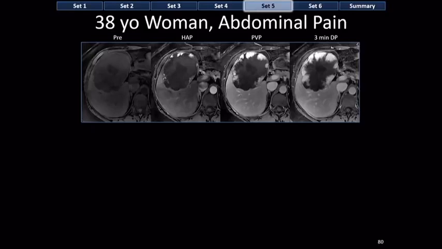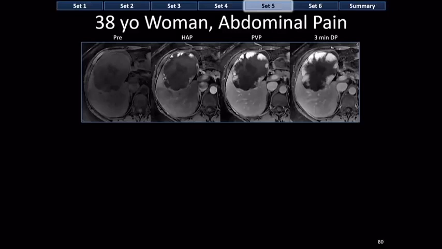So here's a 38-year-old woman with abdominal pain, and she has a lesion in the liver with globules of enhancement along the periphery that expand in the portal venous phase, and expand even further at 3 minutes. Notice that these expanding globules of enhancement match the blood pool, the aorta, the portal vein, and the IVC, and the degree of enhancement at all phases. So at this point, we can make the diagnosis of a hemangioma, but this was such a cool case,